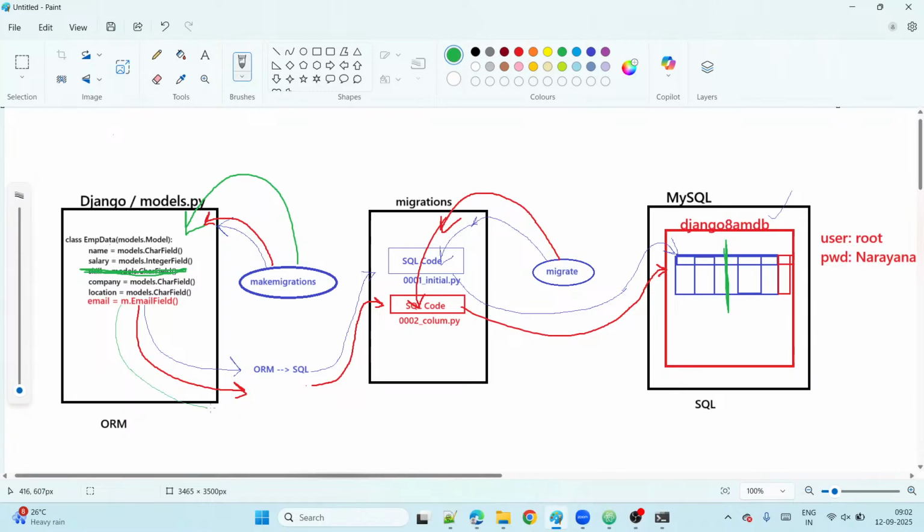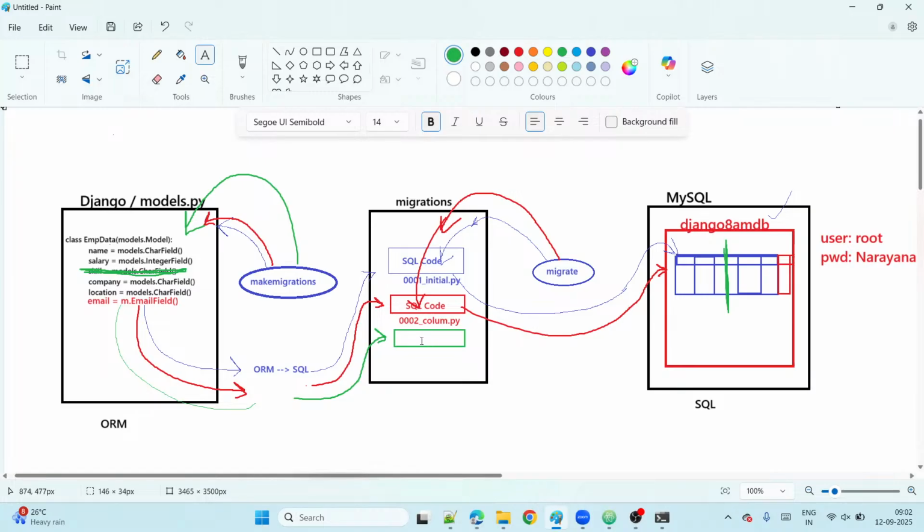The delete code will go to convert into MySQL. All of you, the delete one, convert it to MySQL code and then go to this migrations folder. What does it do now? It creates a new file again, guys. It creates one more file like that. For every change we do there, it creates one SQL file. It gives a different name, something